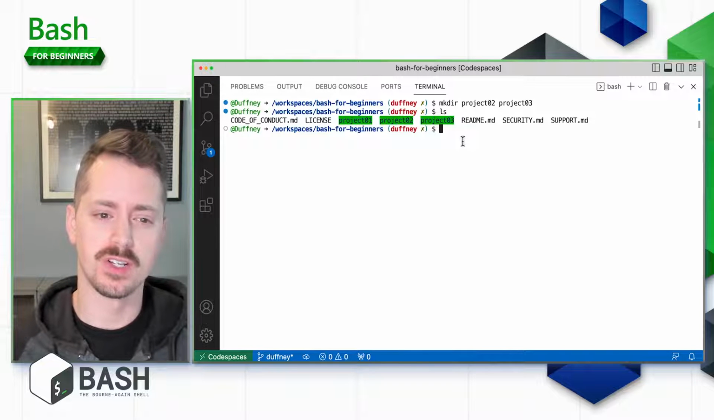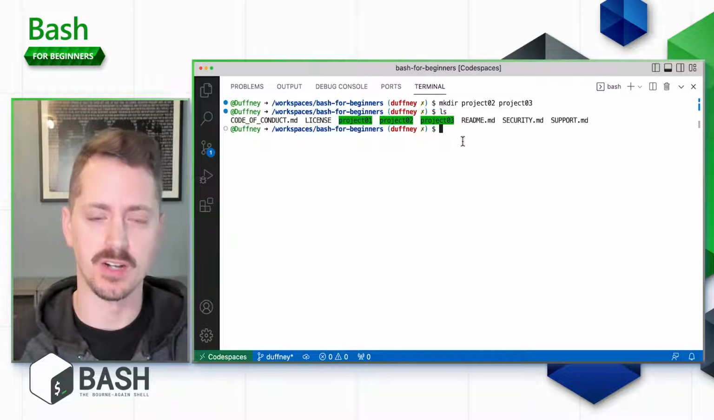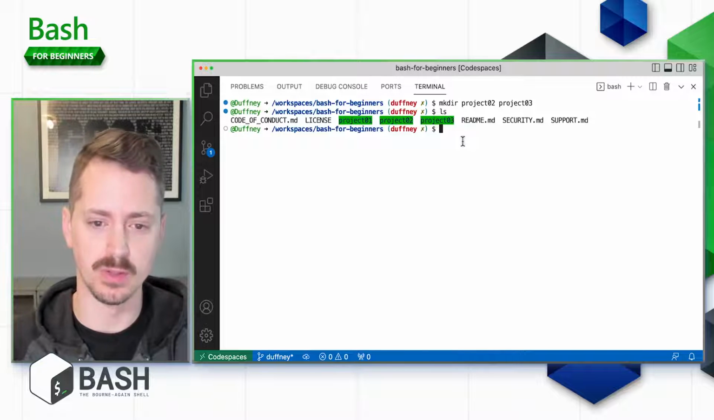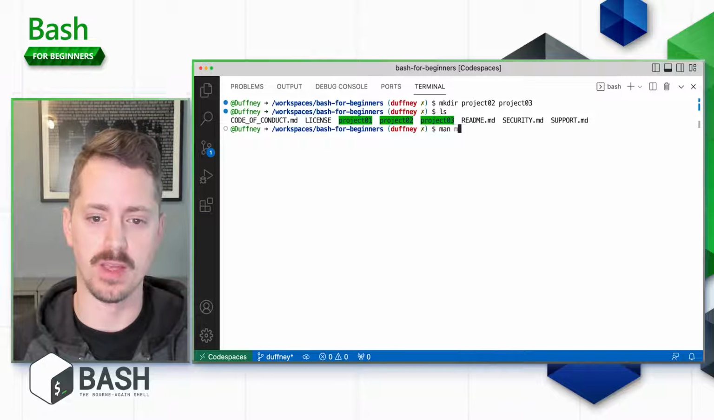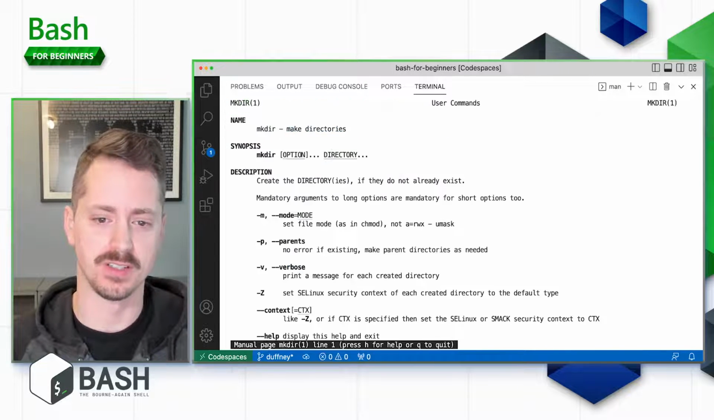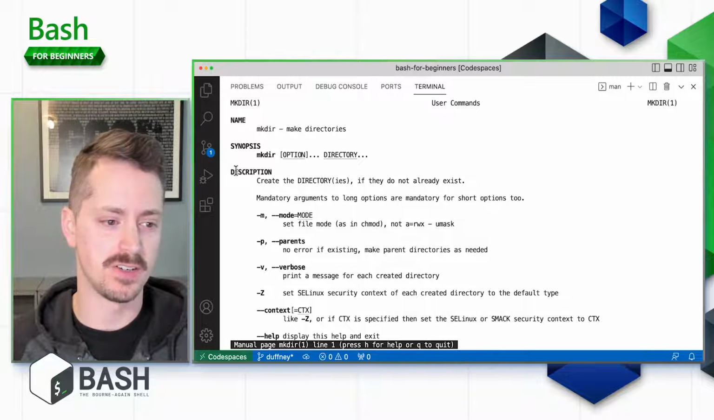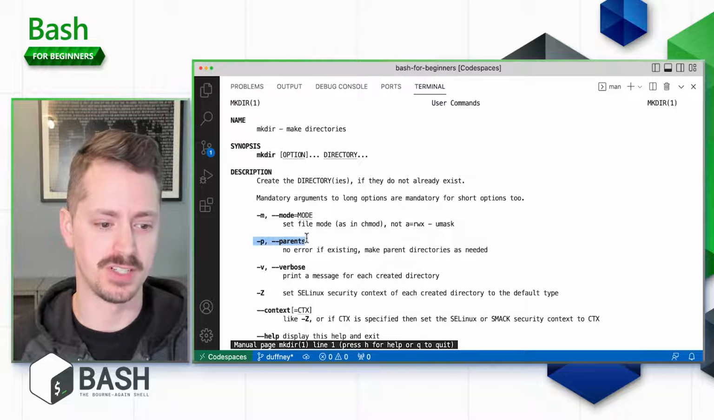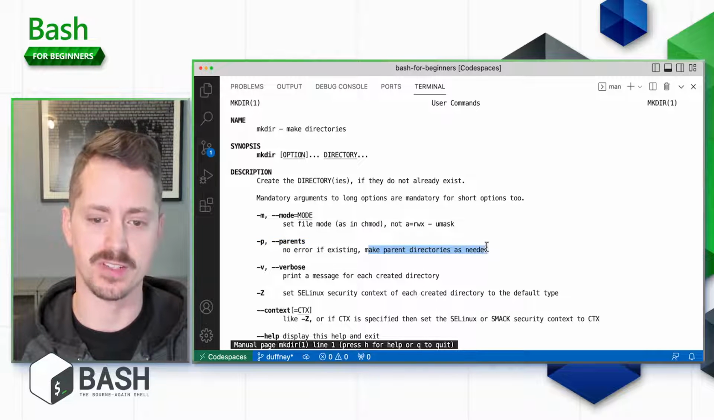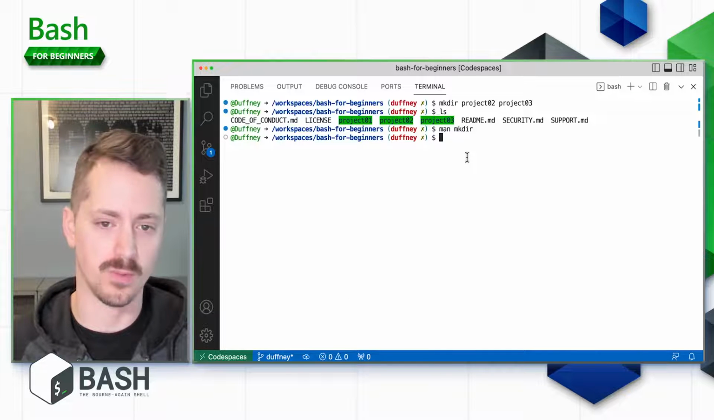But what if you wanted to create a subdirectory underneath a directory that didn't exist yet? Well, if we look at the help for the mkdir command, there is an option that we can use to do that, which is parents. So we can see under here in the description of the different options, -p or --parents will make the parent directories as needed. And that will get us around that error. So if we did